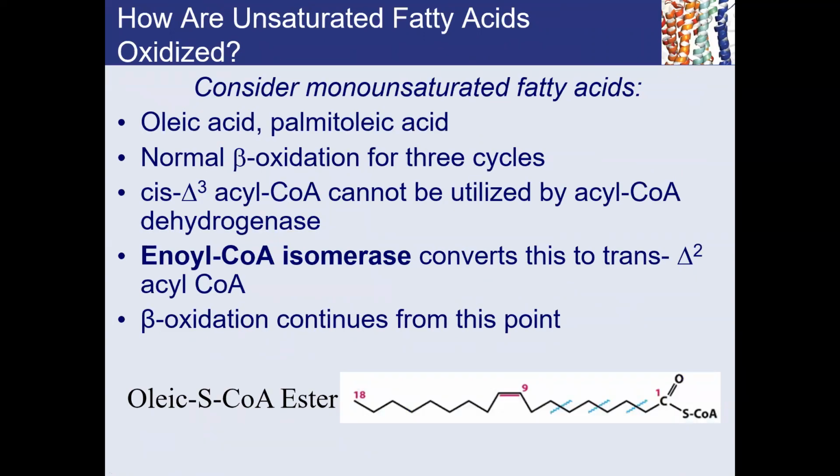And so that brings us to the question on metabolism of unsaturated fatty acids, right? And so first we will talk about monounsaturated fatty acids as shown here. This is a coenzyme A ester of oleic acid, right? It's an 18 carbon fatty acid. And you can see that there is a cis bond between the 9th and 10th carbon, right?